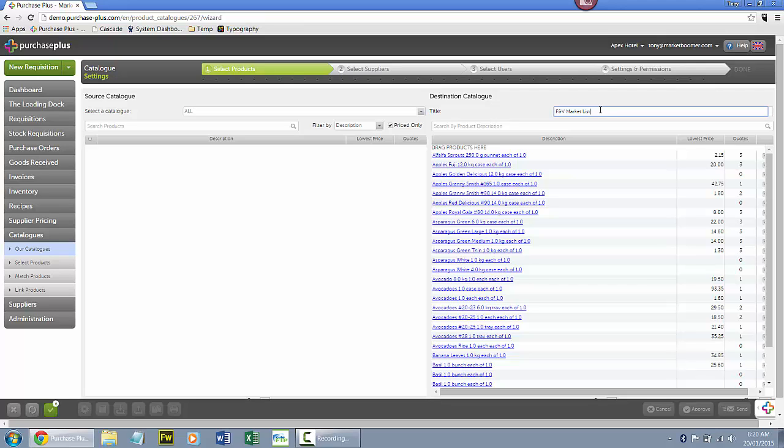In this session, we'll look a little bit at how live pricing and supplier selection works on the Purchase Plus platform. In my demo system here, I've got a catalog open on the screen. So you see I'm looking currently at the fruit and veg market list. And I want to talk a little bit about the settings for the market list itself, because that's where you'll need to understand your pre-selected preference in order to understand why a requisition looks at certain suppliers and why it